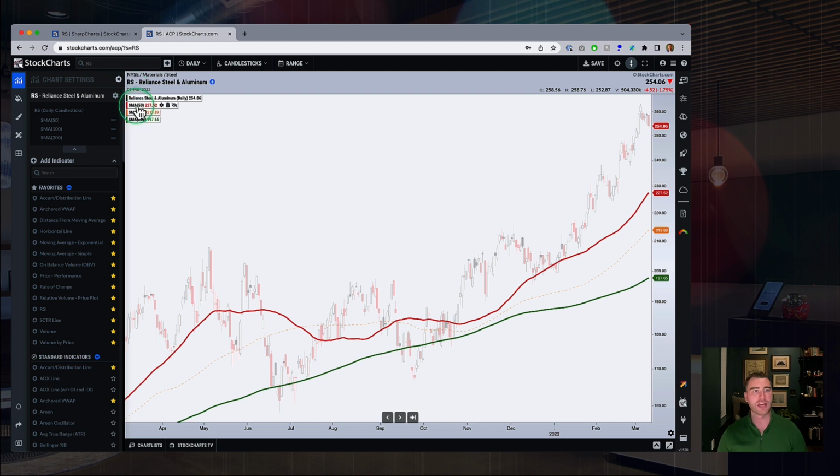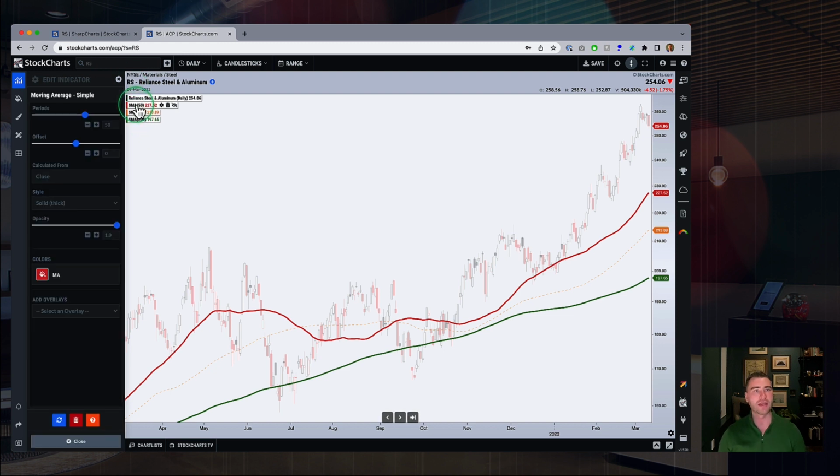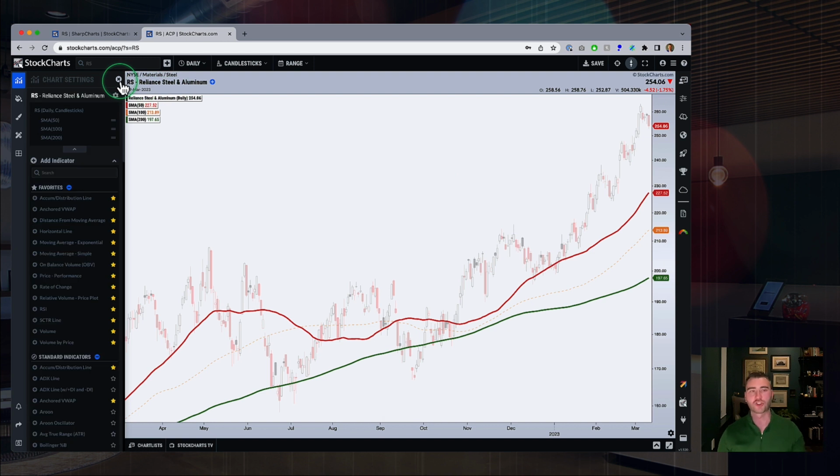And if we close that out, we can then jump into any of our different moving averages. And in here, we've got opacity sliders right on there. So we can set those up at 1.0, again, to bring focus to those moving averages. So the exact same concepts apply here in ACP. Again, you can isolate those indicators, isolate those overlays, save those as chart styles, and pull them up very, very